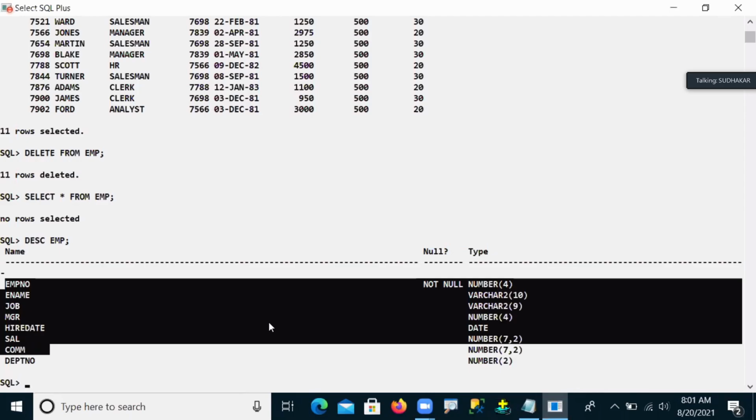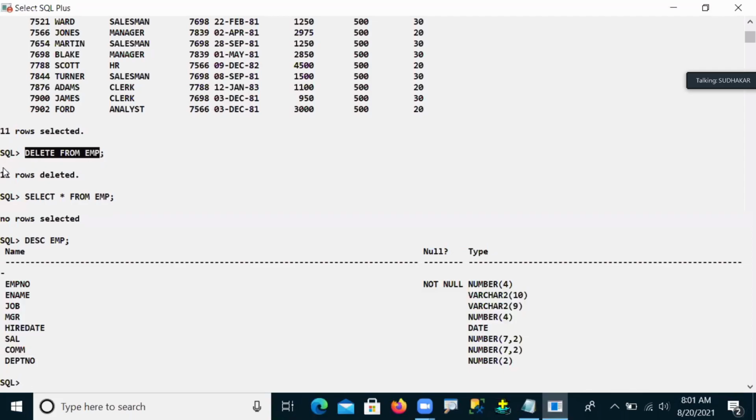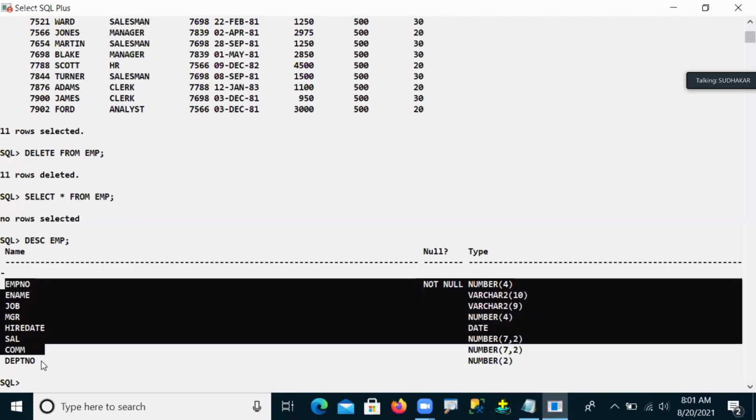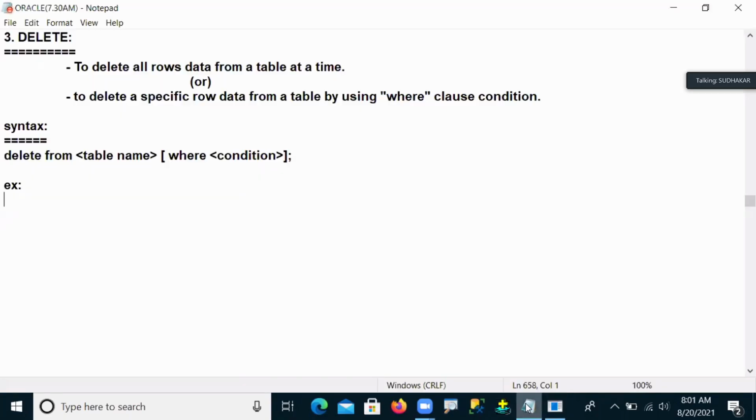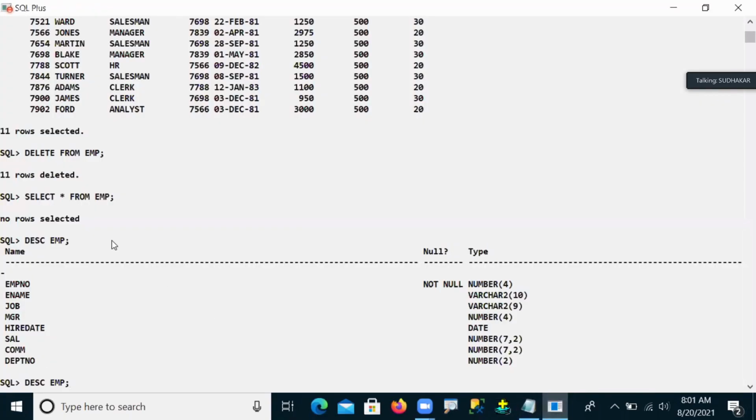So now, in the truncate command, the same kind of operation is done. What is the operation we do in the truncate command? Deleting rows, but not columns. The delete command also does the same thing, deleting only rows but not columns. So now the question comes out here: what is the difference between the delete and truncate commands?